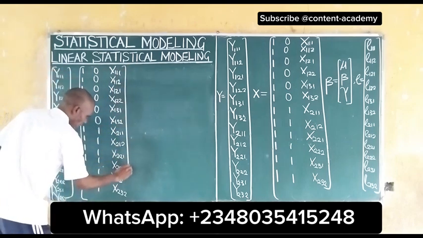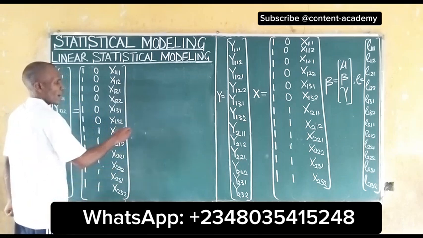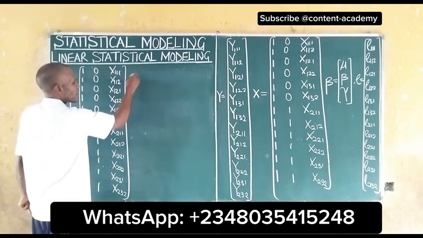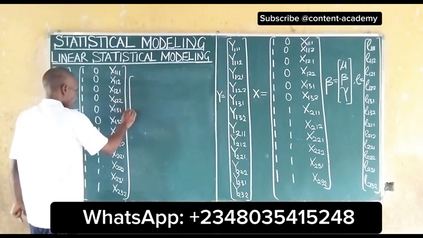So these are our x values, and we have our b to be